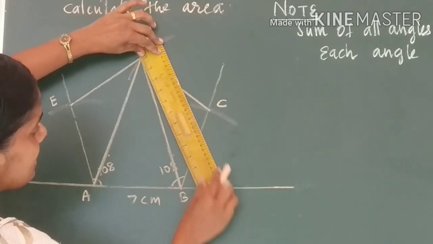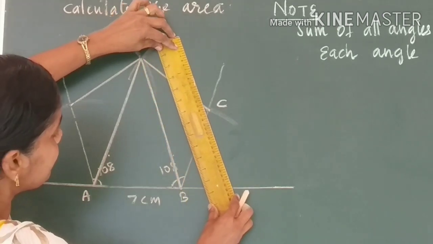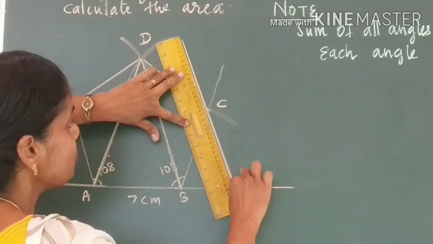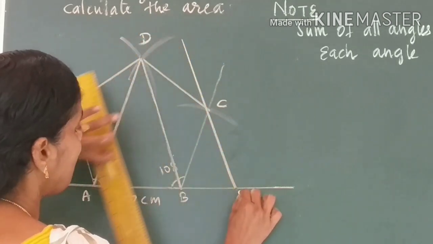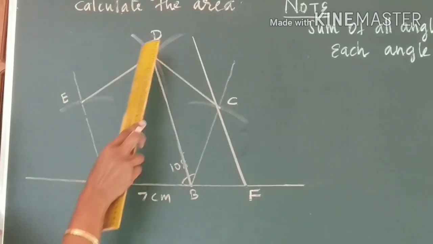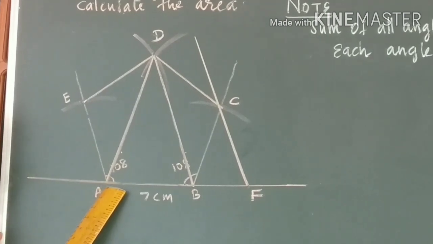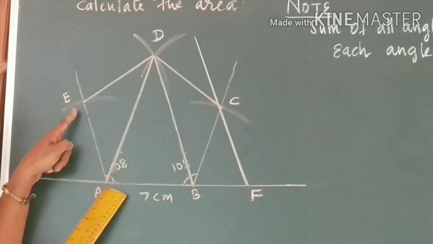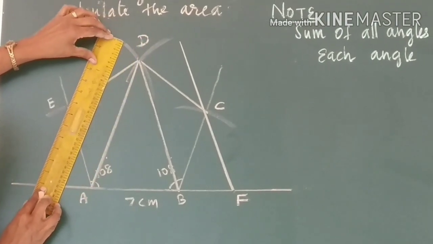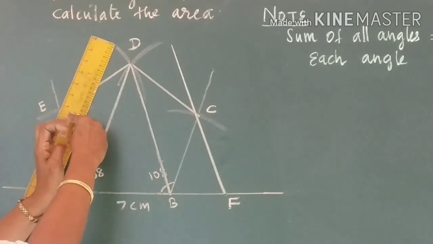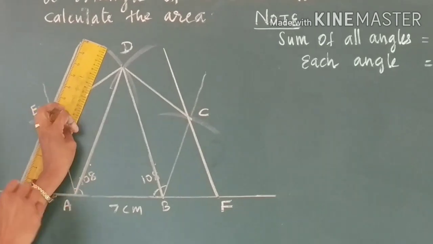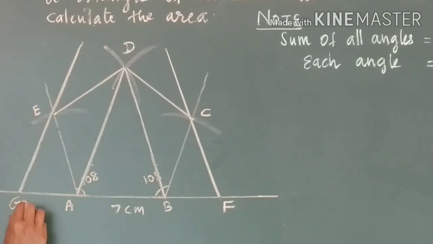So, you can easily draw it. Now, parallel to this, I am drawing a line through C. I have drawn a line through C. Let me name this point F. Similarly, parallel to AD, I am going to draw a line through E. Use your scale, move your scale in such a way that you get a parallel line. You may even use your set square for drawing a parallel line. I am naming this point G.